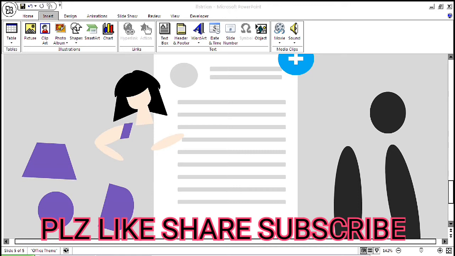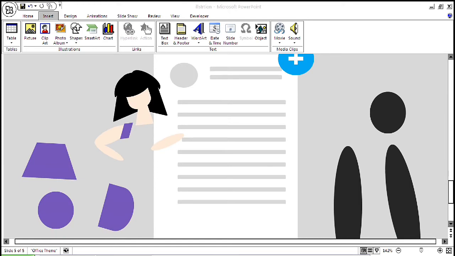As you can see, I have used so many figures over here. Most of the figures are only circle shaped, and these figures are very easy to use, very easy to make. So in the later portion, I will tell you how to make the hands and legs with only the circle shape.